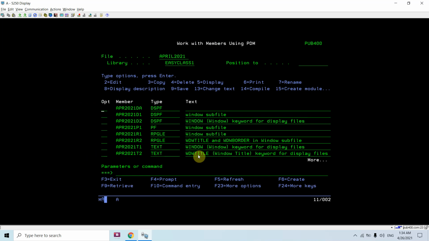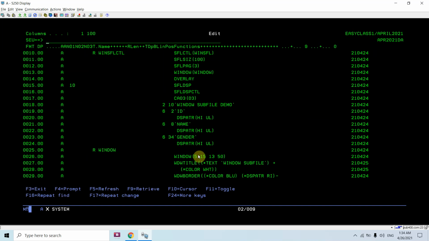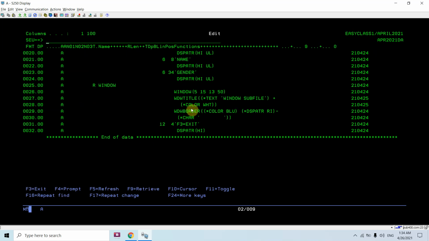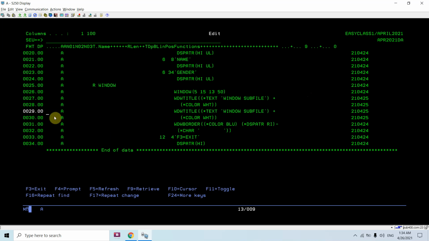Now you have seen this window title here, and I explained about this one. So let me just comment it out.